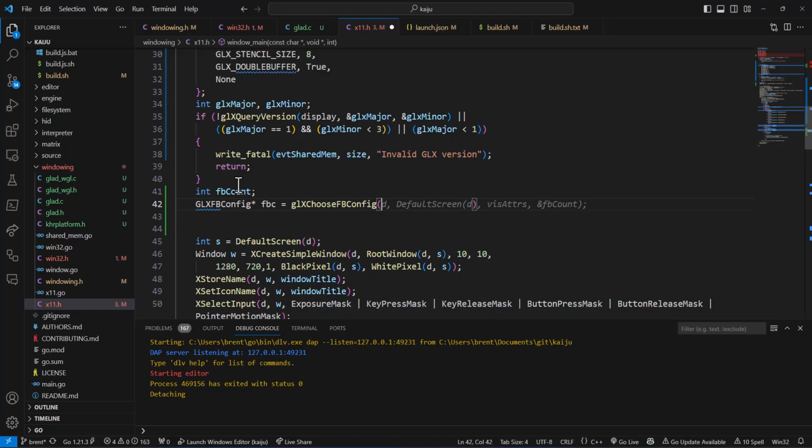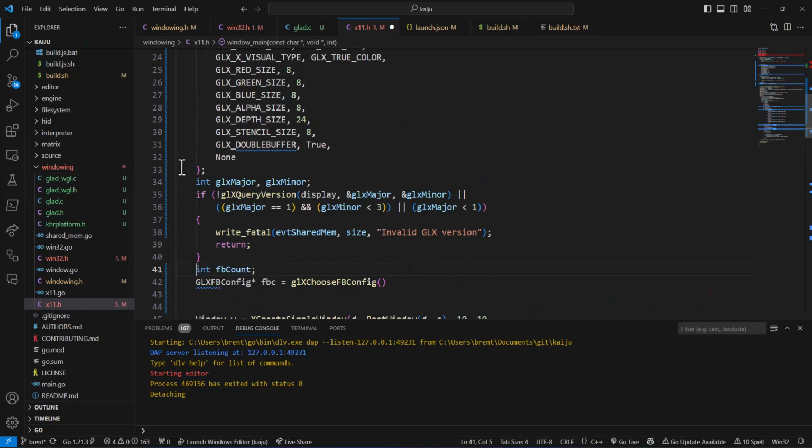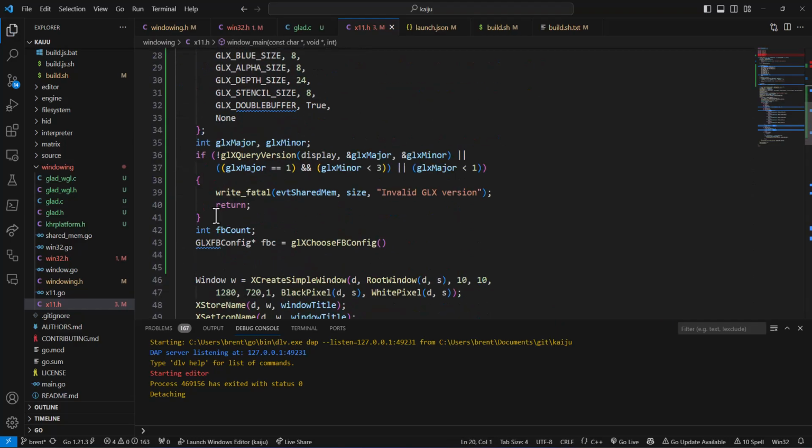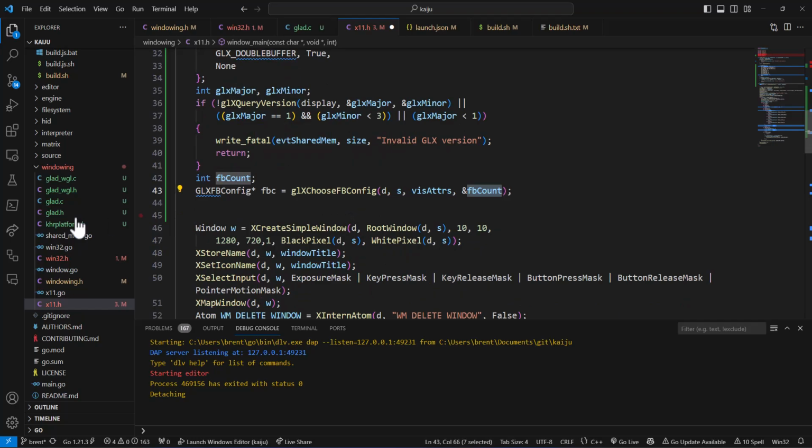We're going to pass in the display, default screen. We already have default screen here, so let's pull this up here so we don't have to call that twice. Default screen, visual attributes, fb count,